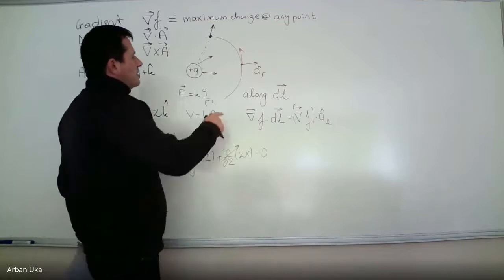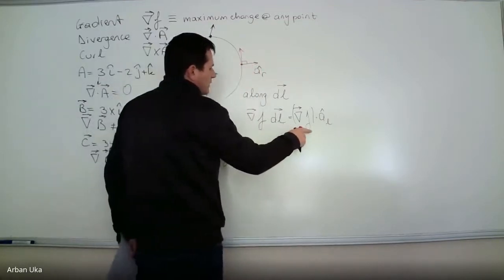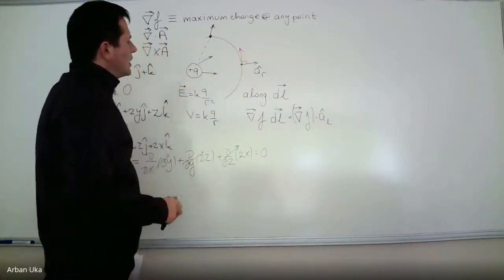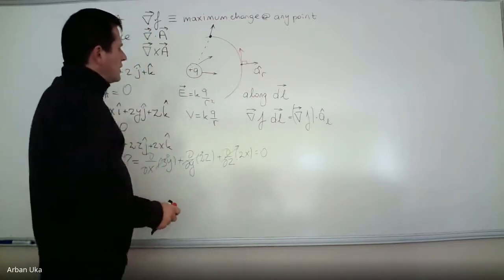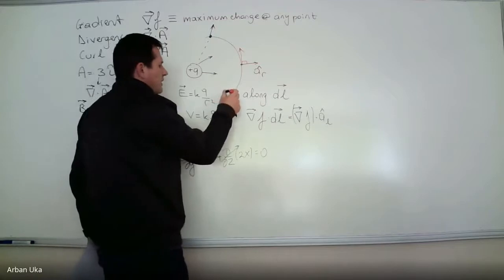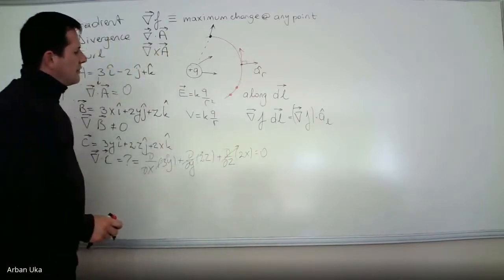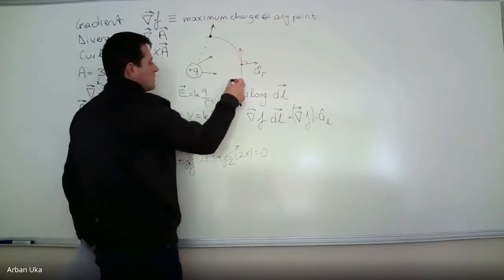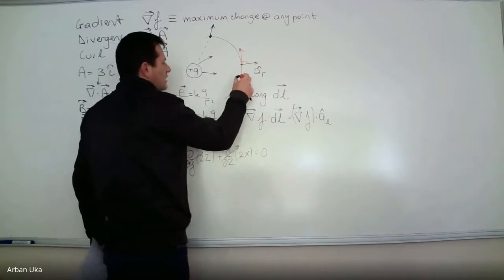Now, if this is the maximum change, we have to multiply with the cosine of this angle. So the rate of change along this path is going to be equal to 0. Because let's think about this one like this. The potential V at this point is equal to the potential at this point. Okay? And then if you want to find the gradient between any of these 2 points, it would be 0. Okay, so similarly, also it is 0, which means that along the tangent line